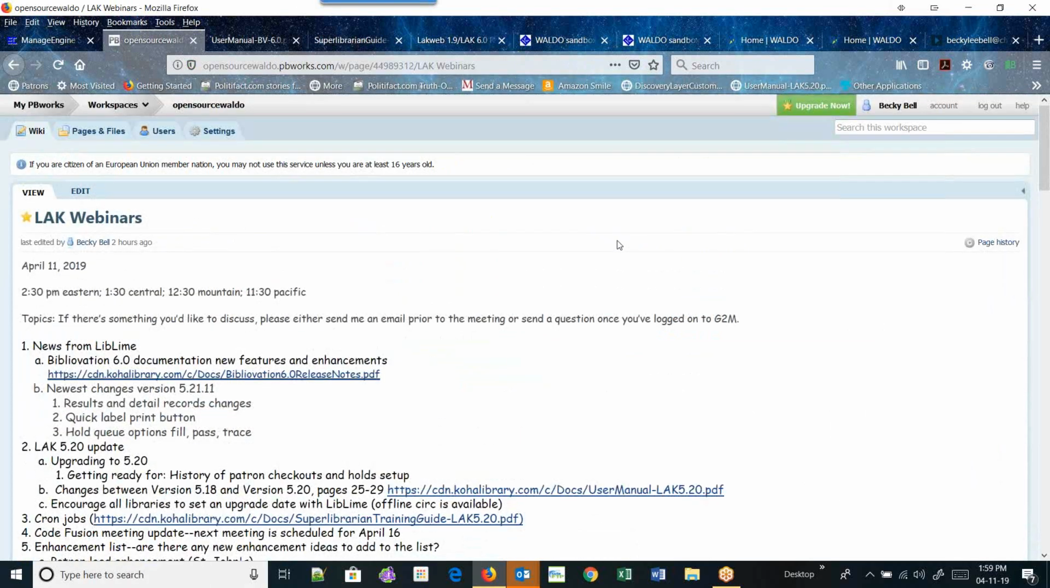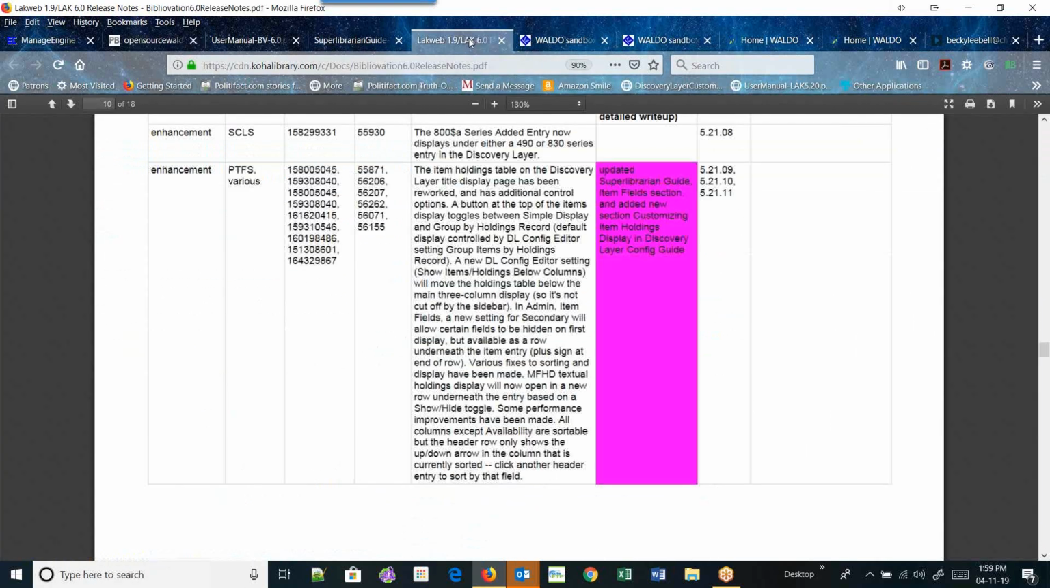Are there any questions about these? The release notes are at that same address, but they are updated again. And again, the update version is 5.21.11. I do want to point out one other thing that is here, which you probably already noticed and don't need to be shown,